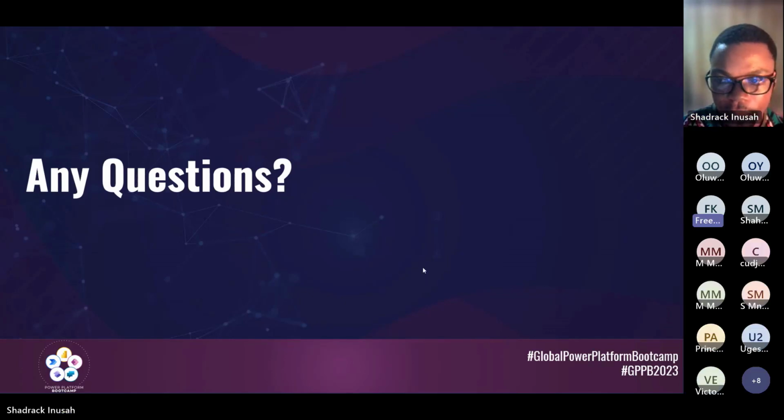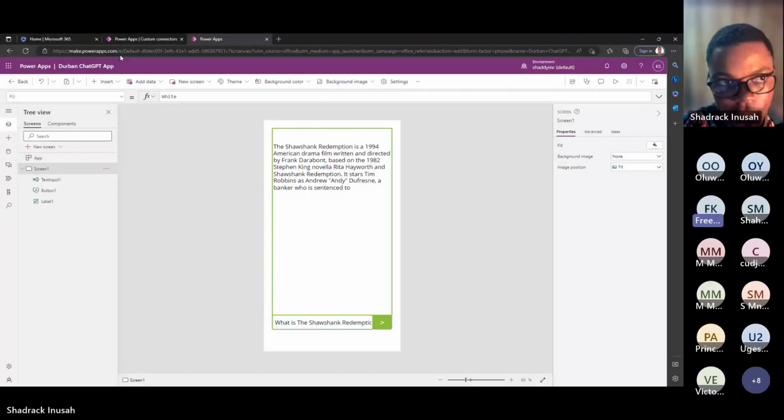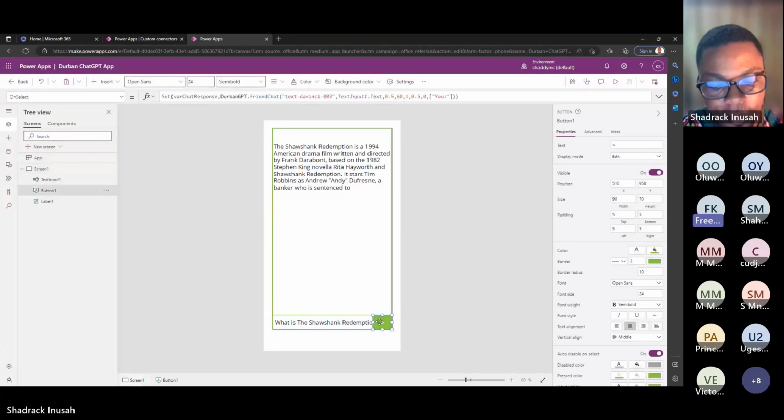Yeah, thank you, Shadrack. This is Freedom here. Perhaps if you can just go back to the Power App. I have a few questions, not really hectic ones. If you can just project that. Very good, this is the part I need. You see where you are actually setting the function or the action that should happen when you click on that button, right? Right at the top. Very good.